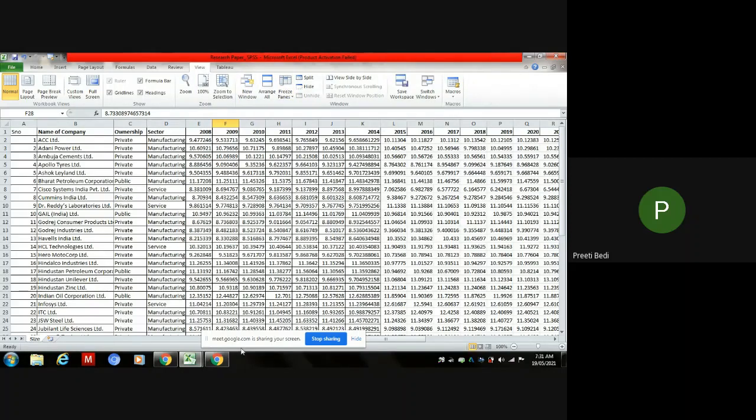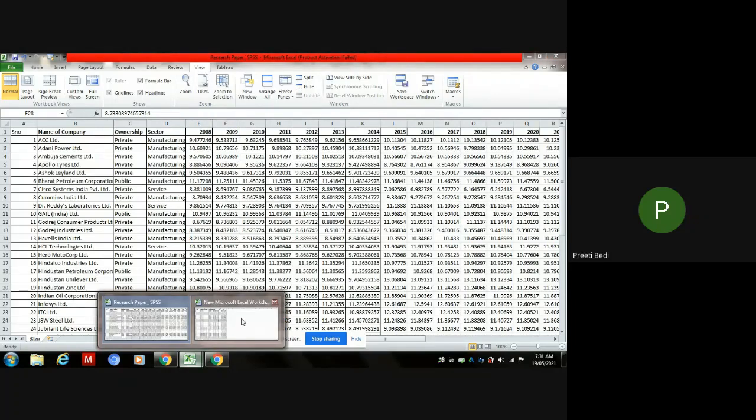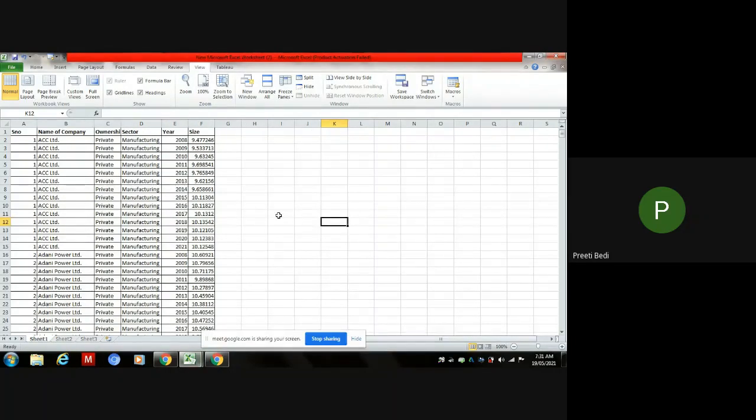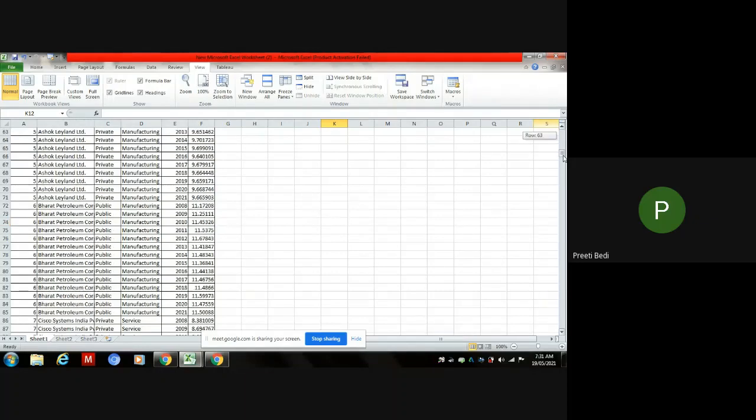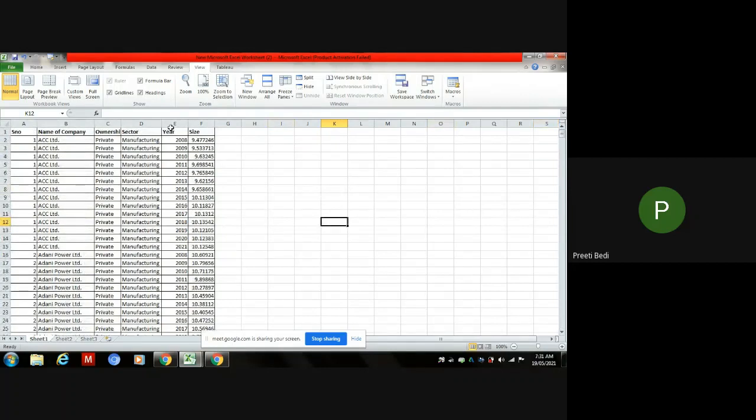For analysis in the software, such data is being required, whereby the names of the companies are replaced by codes: 1, then Adani Power Limited will be replaced by the code 2, and so on. So if you put the serial number over here, it will make your task easy, as you can then delete the names of the companies and only keep the codes 1, 2, 3, 4 till 45.